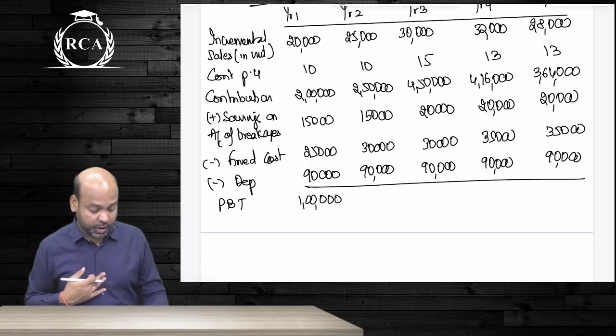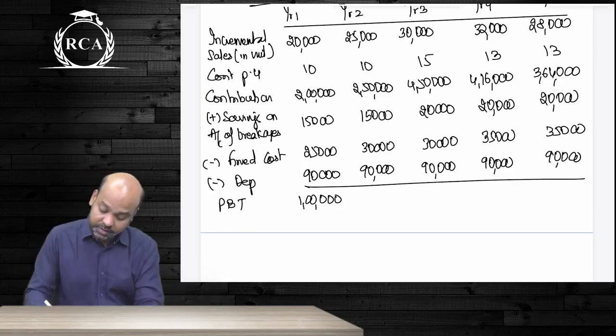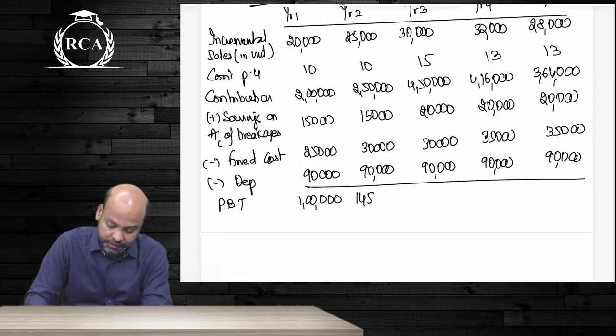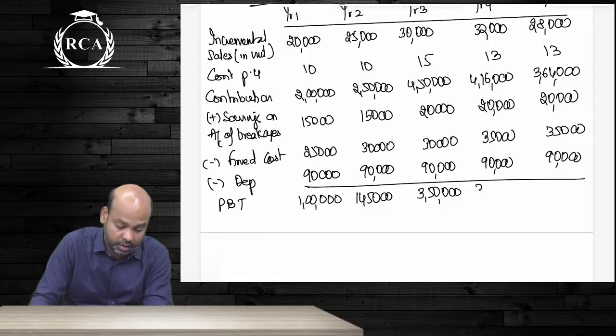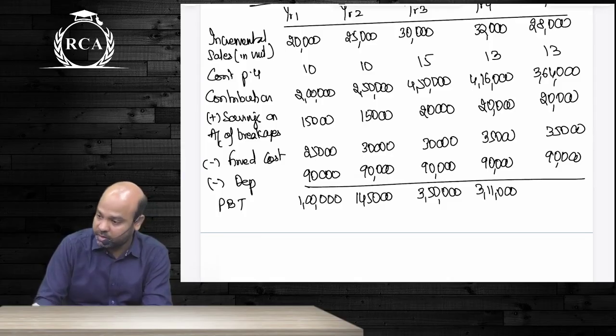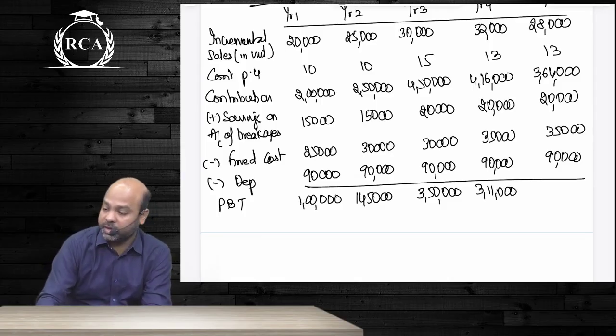अच्छा वो year 2 का requirement. Next year बेटा 1 lakh 45,000 guys. Next year 3 lakh 50,000, next year 3 lakh 11. आंसर देख के बोल रहा हूँ मैं, ऑप्शन 1 यही क्वेश्चन है, क्वेश्चन 1. हाँ, नेक्स्ट बेटा